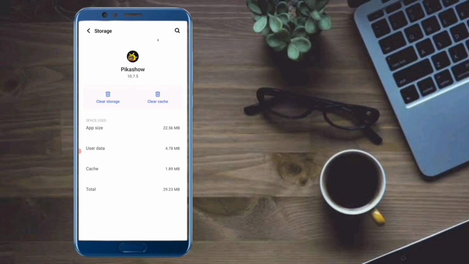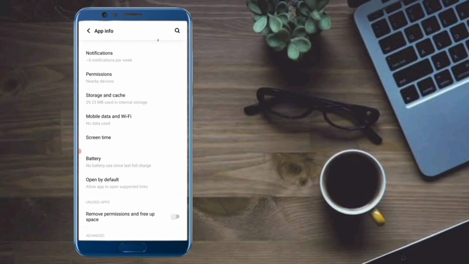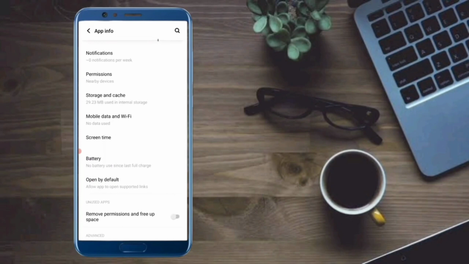After this, go back, scroll it down. Here is the option mobile data and Wi-Fi, click here and click on background data. If it is turned off, click on it and turn it on. After this, go back, then go back,